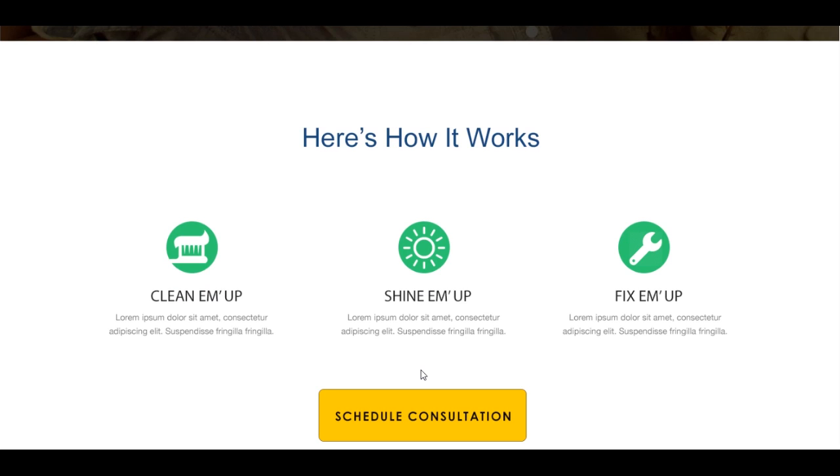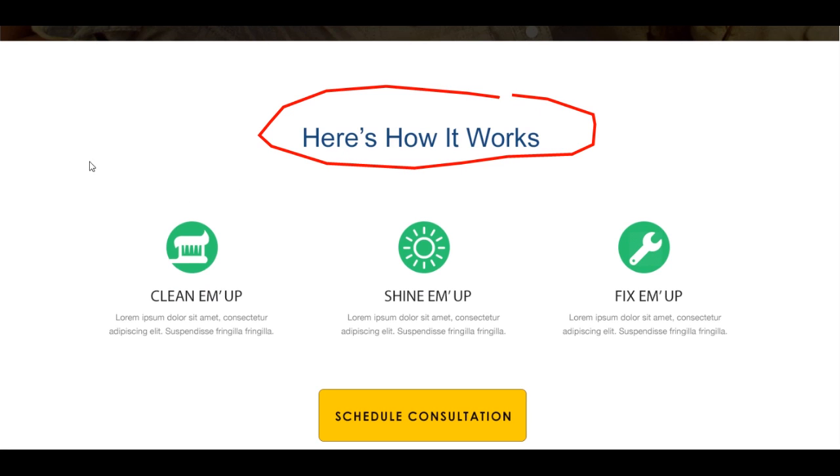All right, let's move on down. Now, this next section is important. Listen up. Here's how it works. That's the name. No, that's the name of the section. Here's how it works. But what I'm actually doing here is I'm doing a service to the visitor, because now